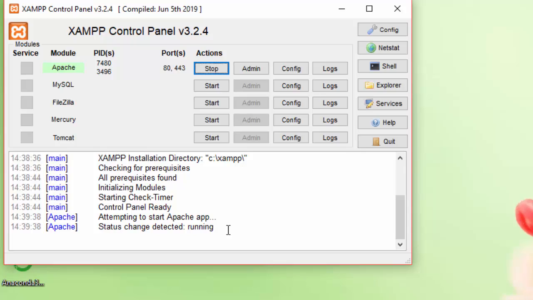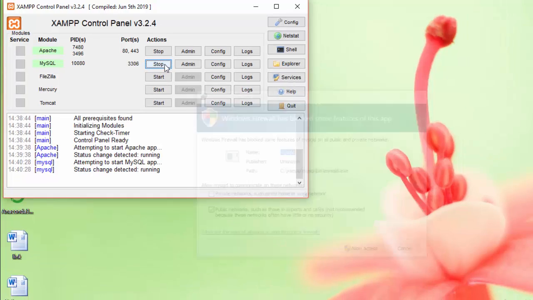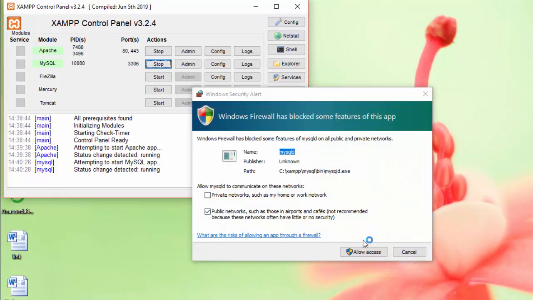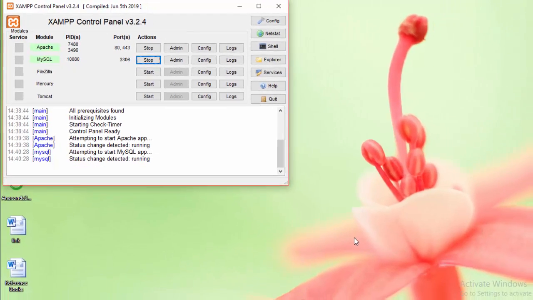If you want to deal with databases along with PHP, then you can also start this server. Alright, it is giving us the prompt to allow the firewall conditions. So just click on allow access. So this is how both the servers, Apache server and MySQL server, have been started successfully.